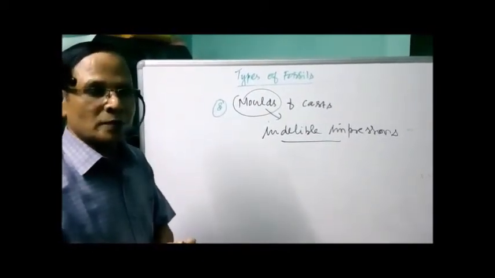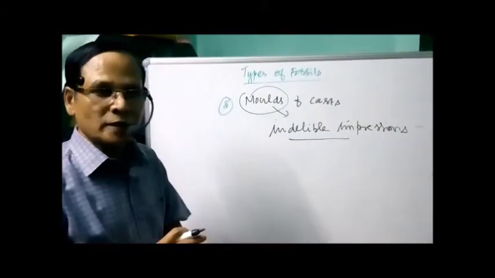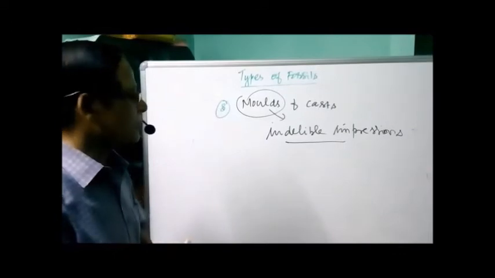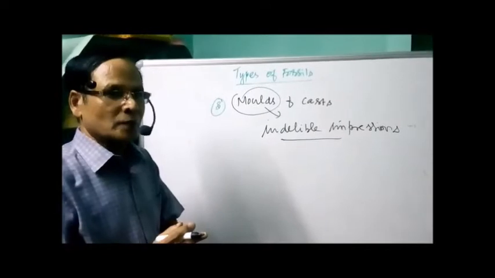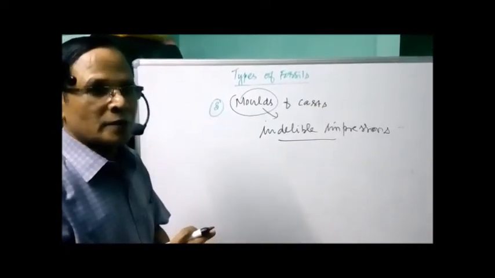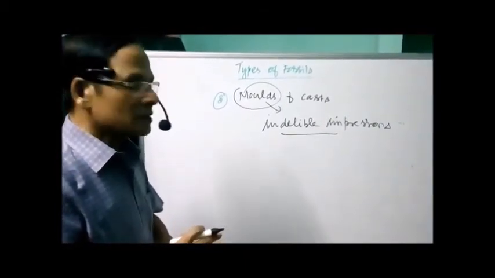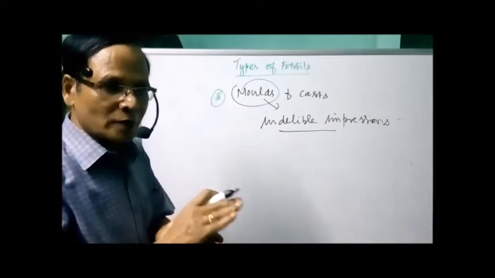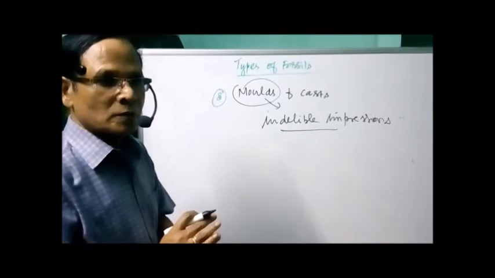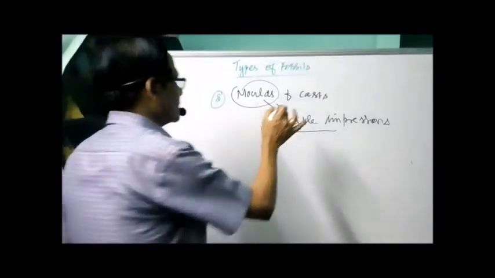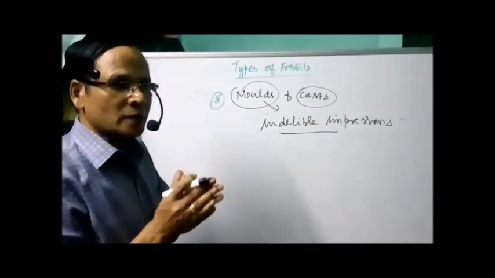For example, for making a brick, we need a mold, a rectangular frame. That is called a mold. Or in the case of Vinayak Chaturthi, we make the statue with the help of a mold. Sometimes these molds get filled up by some minerals, then hardened into fossils. The material which fills up the mold, having the shape of the mold because of mineralization, is called a cast. So in the case of making a brick, the wooden frame is the mold and the brick is the cast.